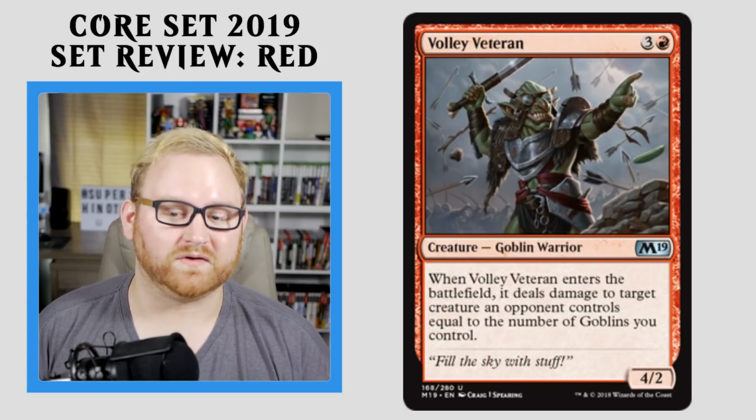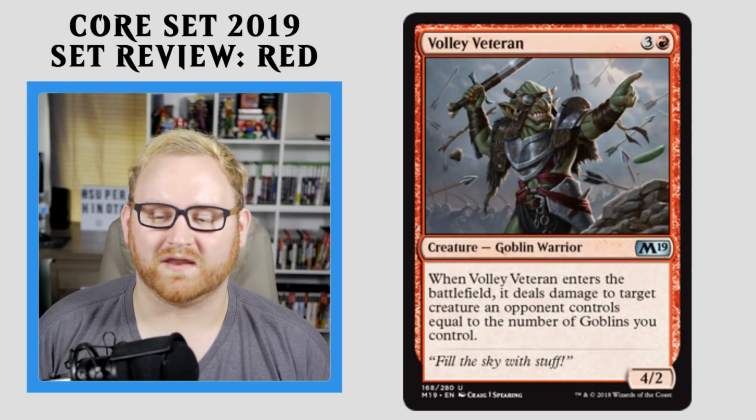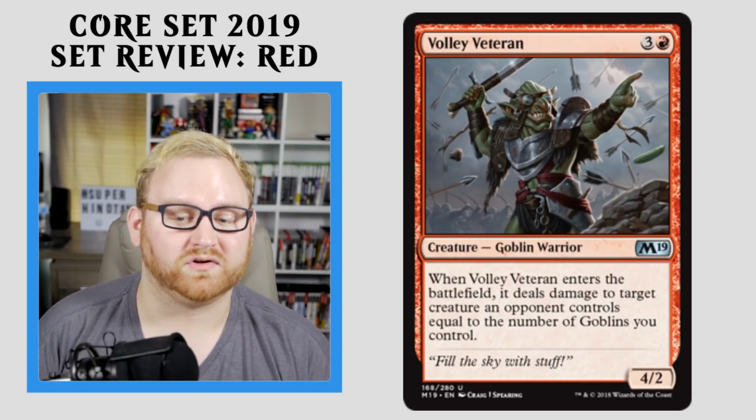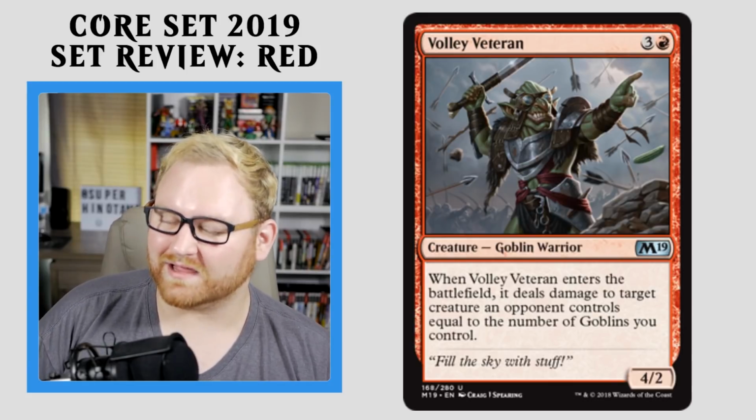Next up here we have Volley Veteran. I believe this is the last card here. Let me look clear. Yeah, this is the last card out of all the red here. 4 mana 4/2 Goblin Warrior. When Volley Veteran enters the battlefield, it deals damage to target creature an opponent controls equal to the number of goblins you control. This is a card that might be seeing a lot of play in Draft and Sealed if you get into a lot of goblins,